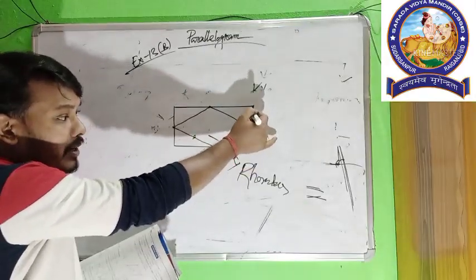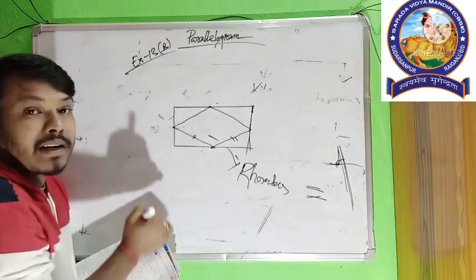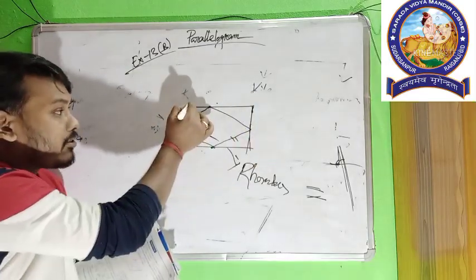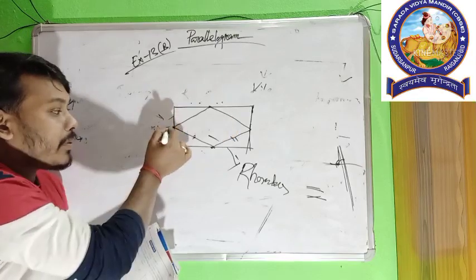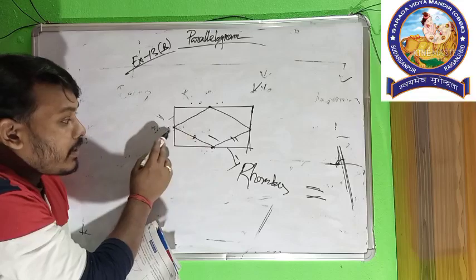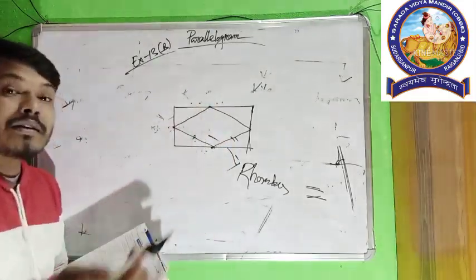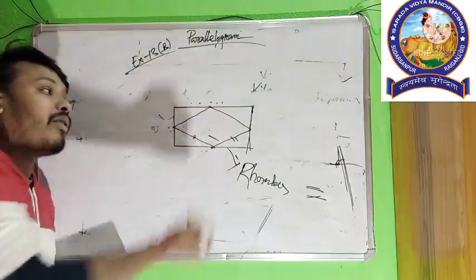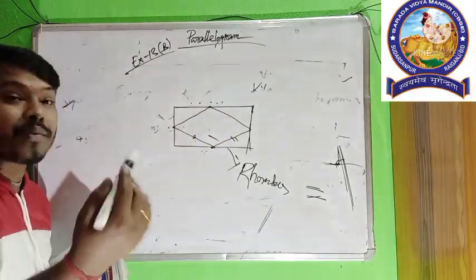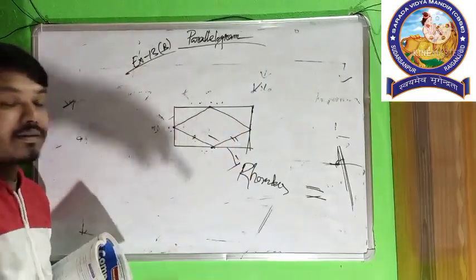The midpoint of the smaller side, or breadth, and the midpoint of the length are joined. Here also the midpoint of the length and the midpoint of the breadth are joined, and here also we get the line joining the midpoint of the breadth and the midpoint of the length. So in each case we join the midpoint of one length and the midpoint of one breadth. So the lengths are equal, so all sides are equal. So it is a case of a rhombus.